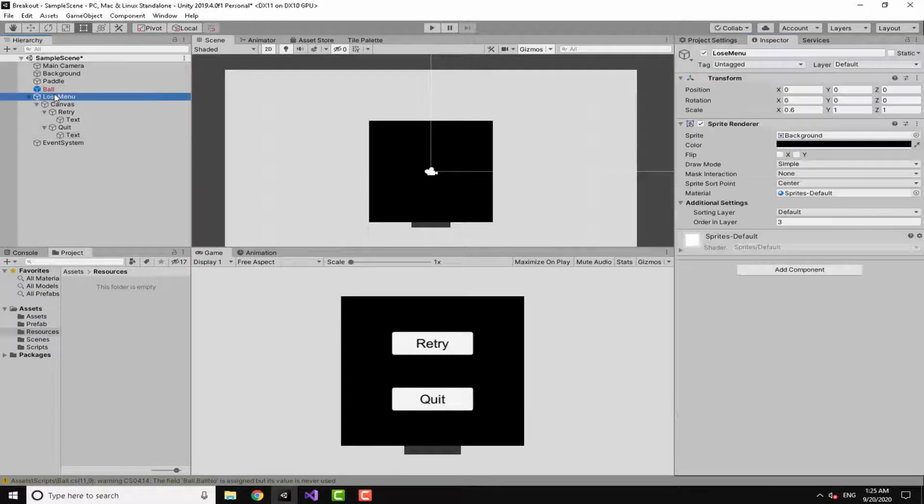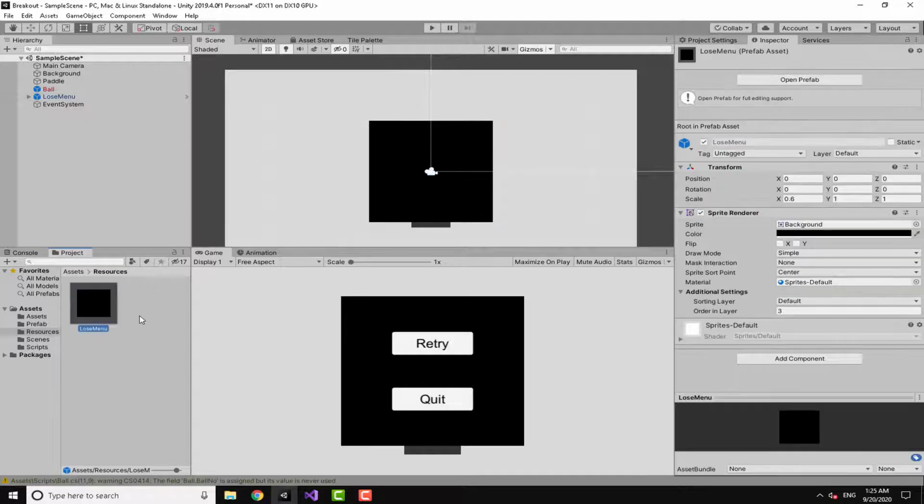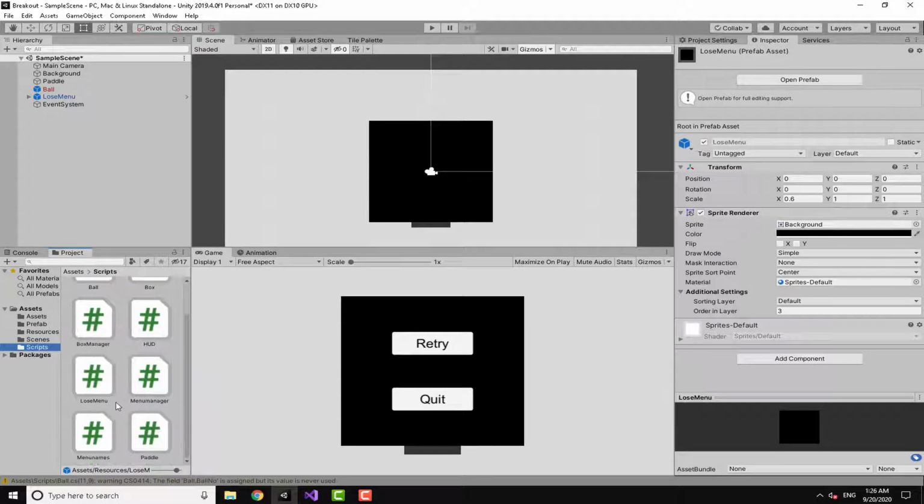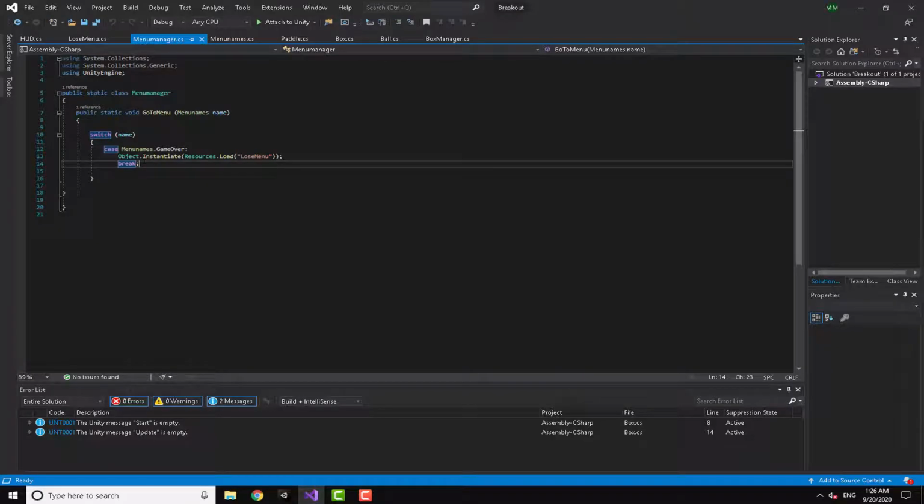Now what I am going to do is I'm going to drag this into the resources folder. So now I can instantiate this from the resources folder, from the code, the script part. Now I'm going to need to make a lose menu script. Here it is. So I'm going to open this. So before we go there, I'm going to just finish my